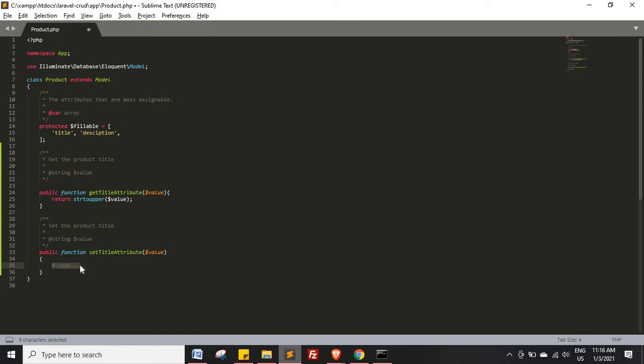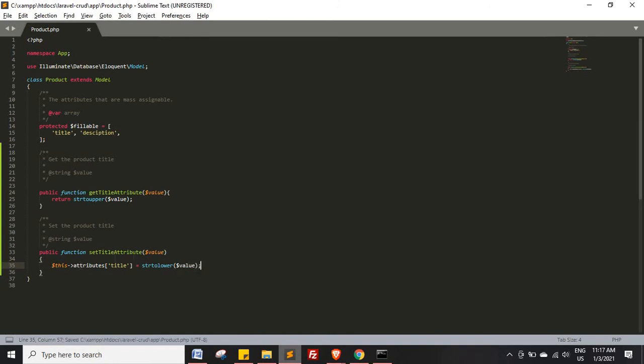Now inside this method the syntax will get changed little bit. So there we have to make it this attributes, and which column name, title, and then str to lower value.